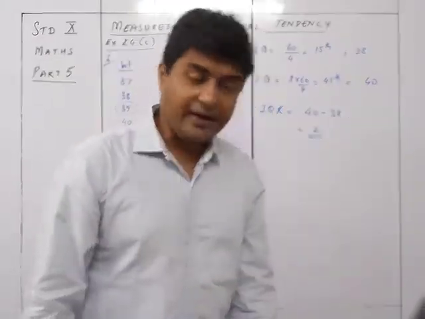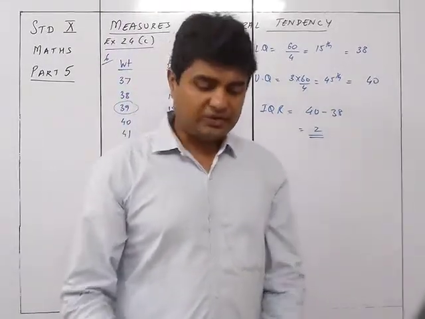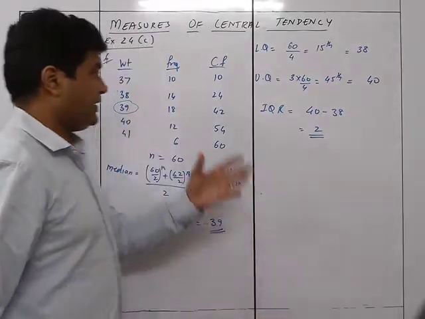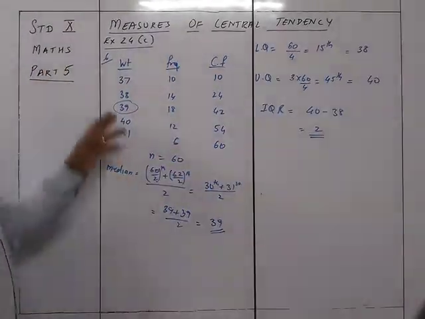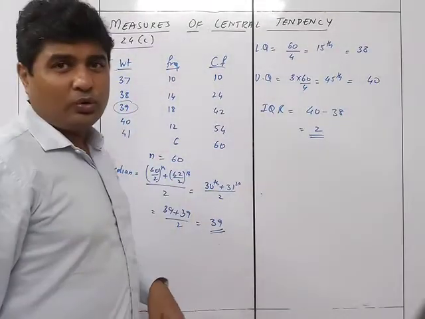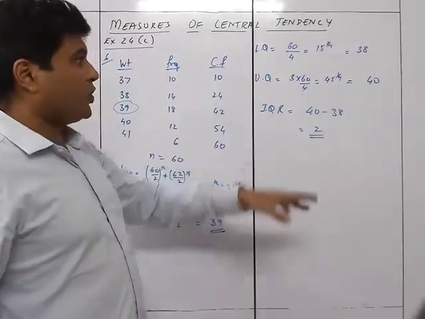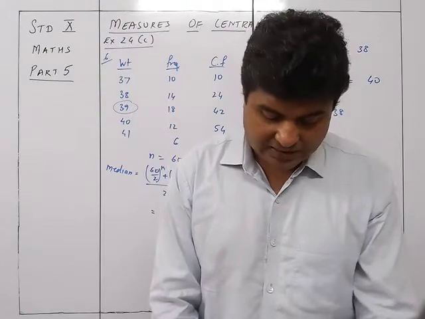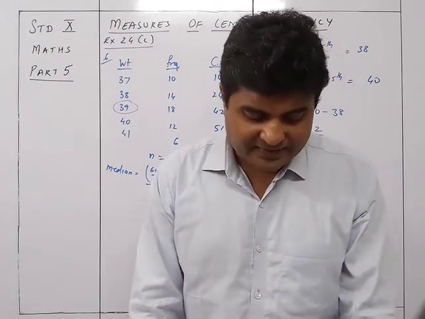So that's perfectly right. This was sum number 6, an additional sum, because I felt that we had not done any sum wherein we had table data, were not drawing the ogive and still got the values of lower quartile, upper quartile and this one. So we completed exercise 24C.